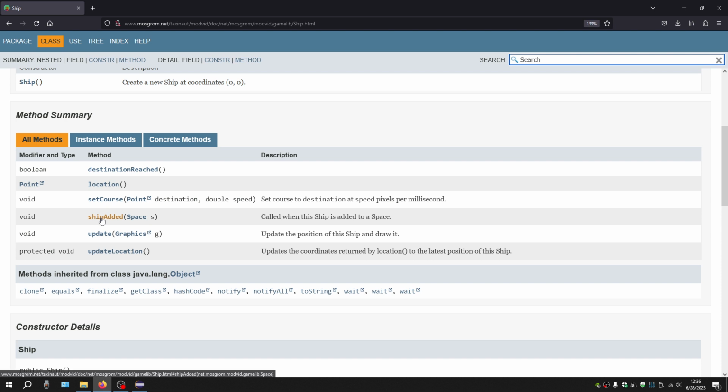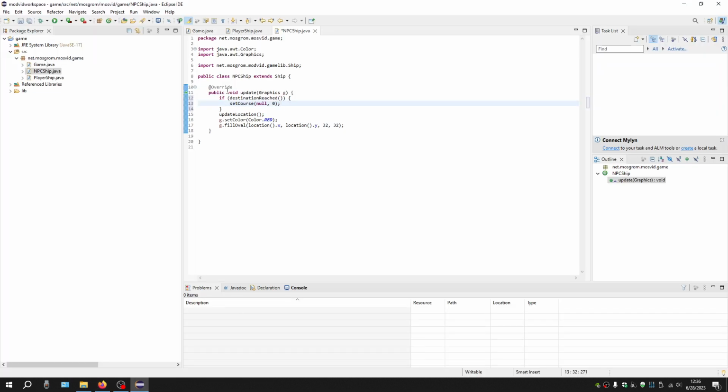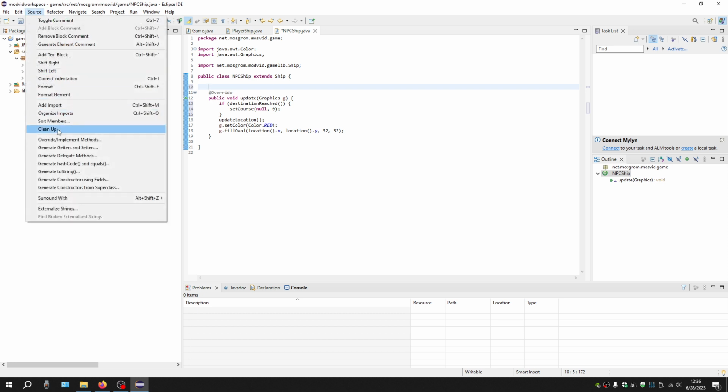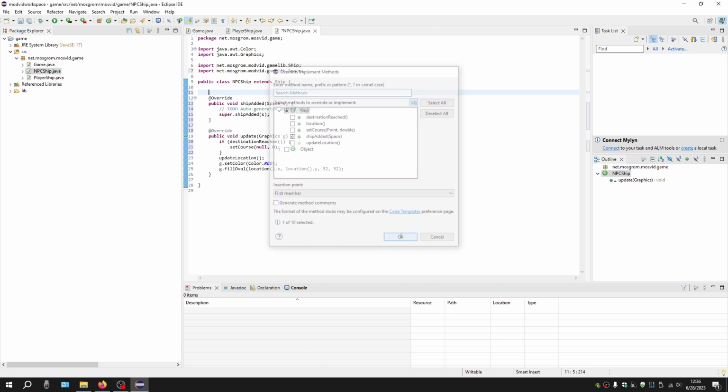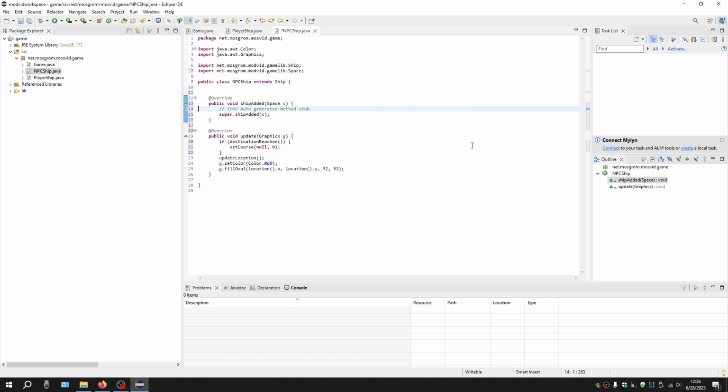As a ship added function called when this ship is added to a space, and as a parameter it will pass the space that the ship has been added to. So this is a function that's already on ship, so also available to MPC ship, and we can override it to do our own thing with it in there, just like with update. So I'm going to add that above here, source, override, implement ship added, and remove this stuff, and see here it gives us the space as soon as the ship is added,